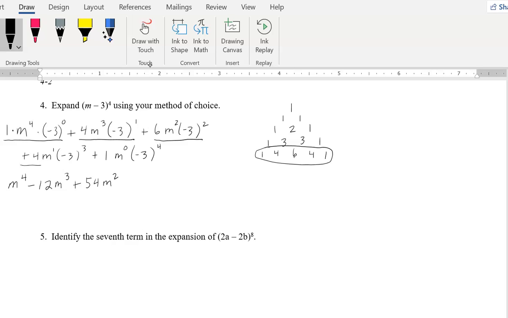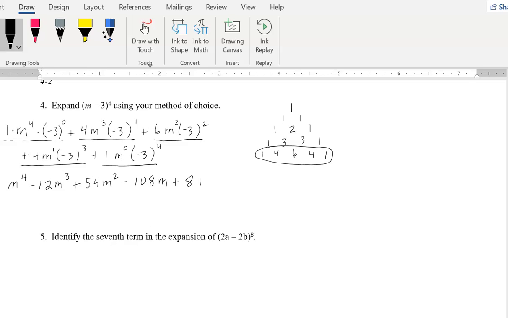Okay, the fourth term, I'll do this. Negative 3 to the 3rd is negative 27. And negative 27 times 4 is negative 108 m. And then the fifth term, simplify this. 1 times 1, m to the 0 is just 1. And negative 3 raised to the 4th power is positive 81. So that would be if you chose to use the triangle. The only difference is if you wanted to use the binomial theorem,